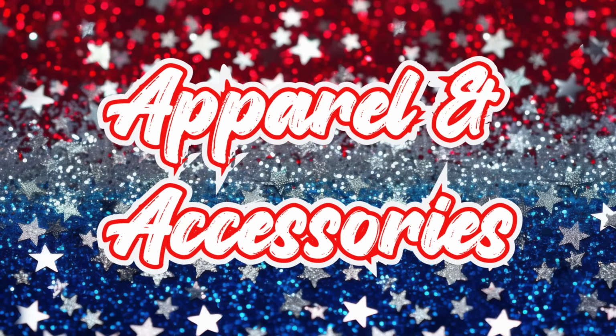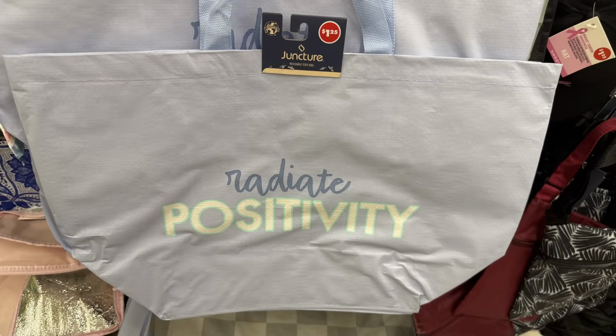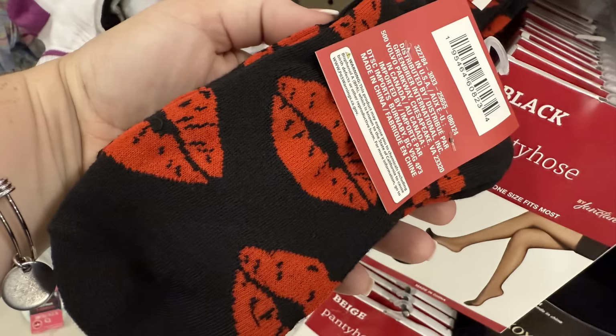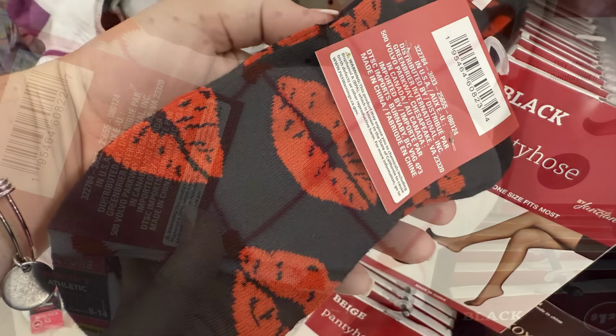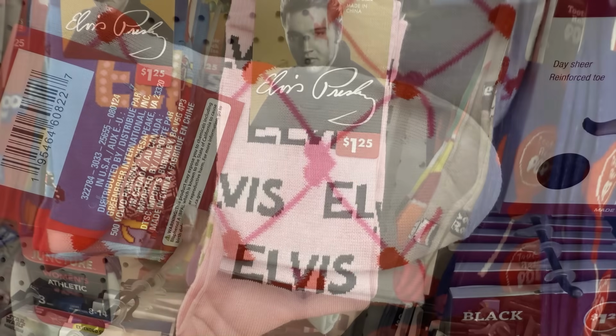For $1.25, they did still have the large tote bags. They have the checkerboard pattern that says the essentials and the light purple that says radiate positivity. They brought out some old Valentine's Day socks, which are knee high, still marked $1.25. They had 3 different designs. They had a whole bunch of them. So I don't know if it was a miss box that they found out in the back, but they had